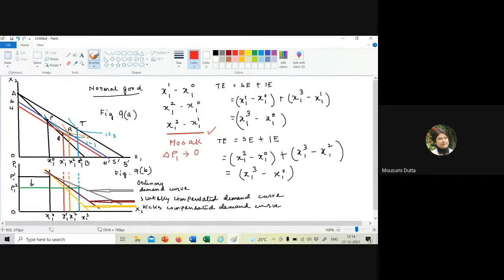within bracket x13 minus x12, comma, within bracket x13 minus x11, next within bracket x13 minus x1 naught